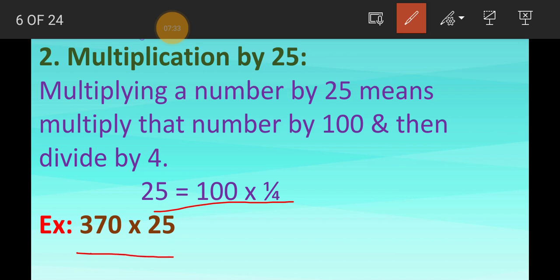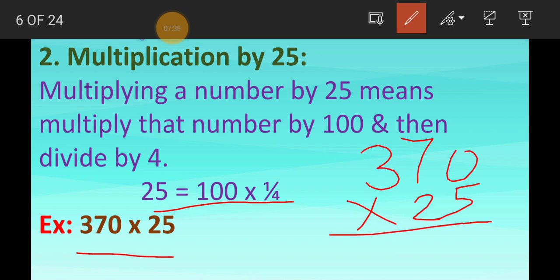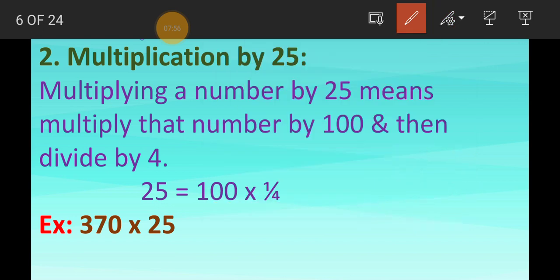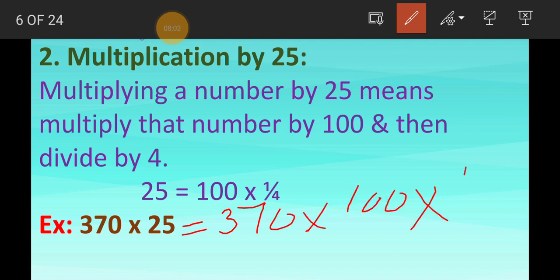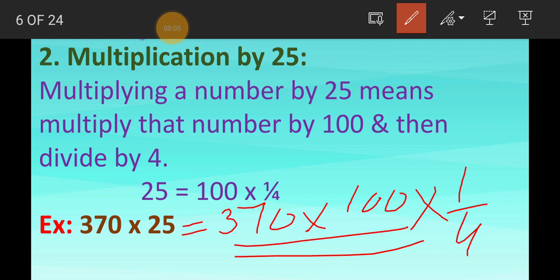So if I have to multiply by the normal multiplication method, I have to go for this. Okay, so it will be quite easy for you to multiply a 3 digit, but instead of 3 digit, if it is a 4 or 5 digit number, again it's going to be very hectic for you and time consuming. So instead of 25, if we use 100 for the multiplication, it is very easy for us to multiply, right? So 375 into 25, instead of this, if I write 370 into 100 into 1 by 4, then it is very easy for multiplication, right?